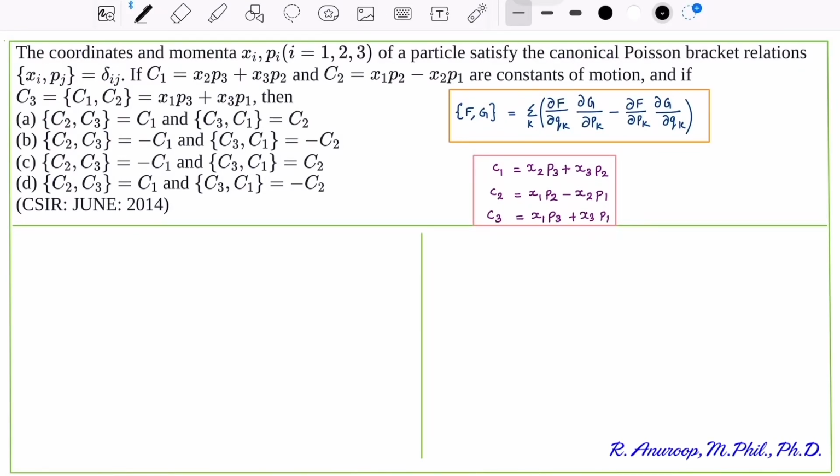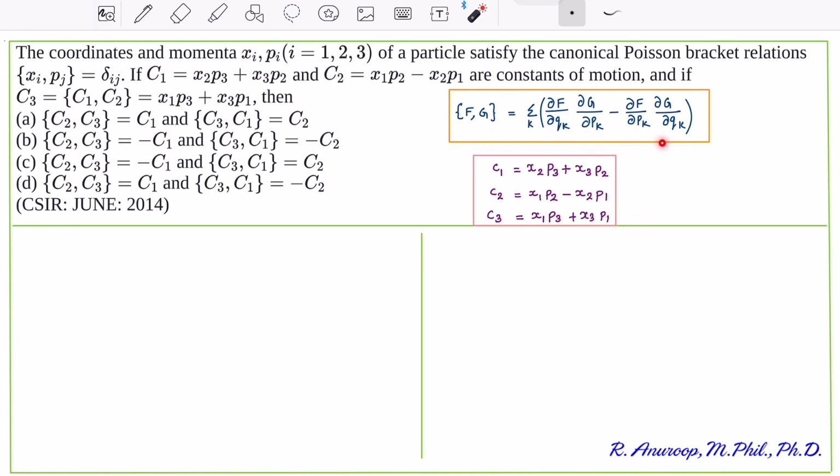Problem 182, Classical Mechanics. The question is, the coordinates and momenta xi, pi of a particle satisfy the canonical Poisson bracket relation. The Poisson bracket of xi and pj is equal to delta ij. If c1 is equal to x2 p3 plus x3 p2 and c2 is equal to x1 p2 minus x2 p1 are constants of motion, and if c3 is equal to x1 p3 plus x3 p1, then